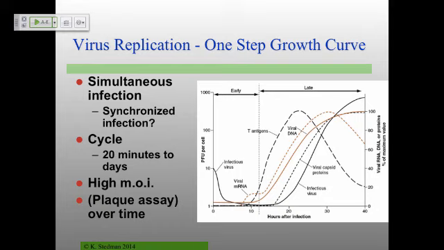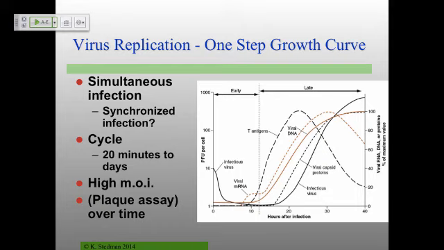So the idea is you do a simultaneous infection, you cycle this replication cycle for viruses. Actually, I should modify this. Turns out that some viruses can go through their whole replication cycle in about 5 minutes, or in some cases it takes days. Critical to be able to do this experiment properly, because you want to have simultaneous infection, you want to make sure that all of the cells in your assay are infected. And to do that, you need a high multiplicity of infection. So lots of infectious virus particles, again, relative to the number of cells that you're infecting.